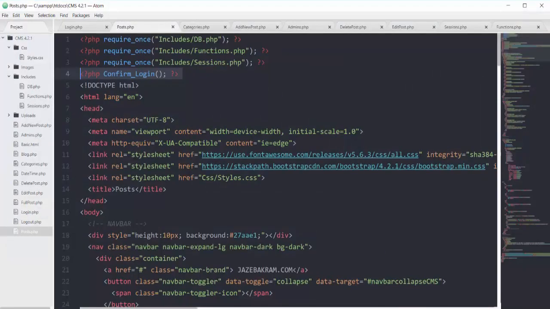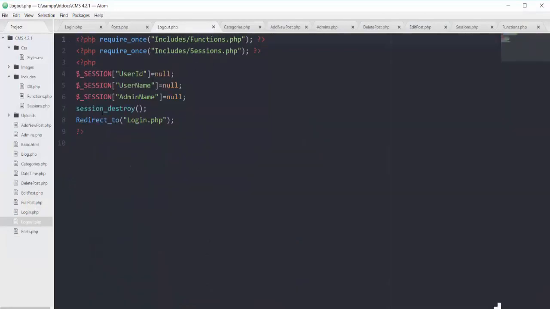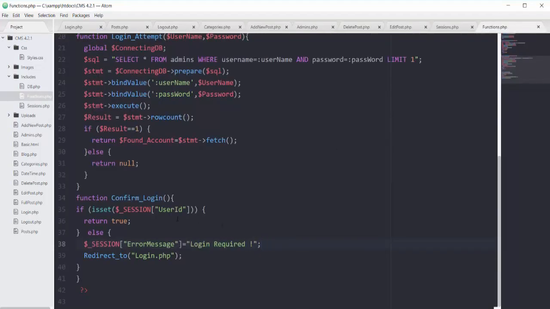So to summarize all of this lecture, I made this logout page in which I destroyed all of my session and made all of these variables null, and must place this session destroy after making your variables null. And then inside my page of functions.php, I created this function in which I said if this user ID is set, then return true, otherwise give this error message.